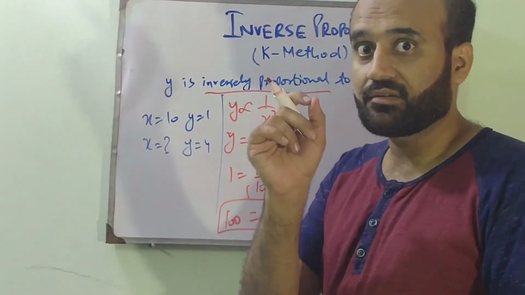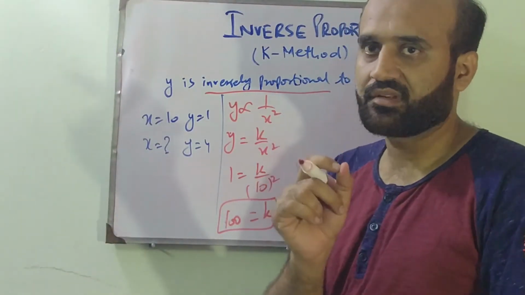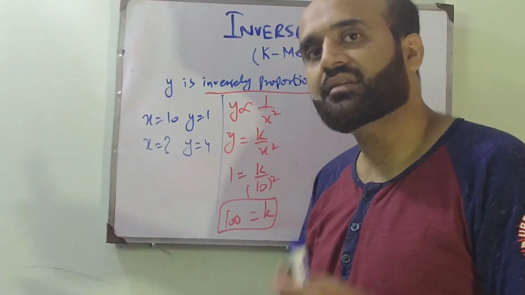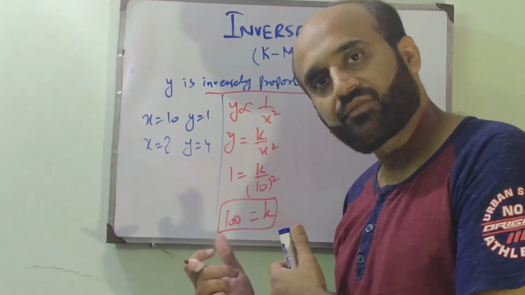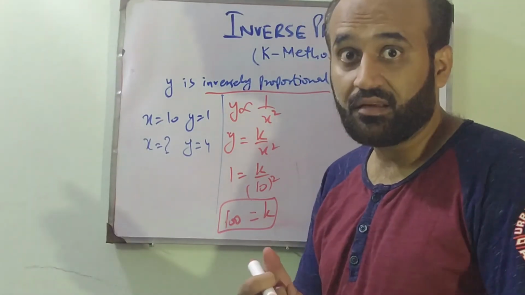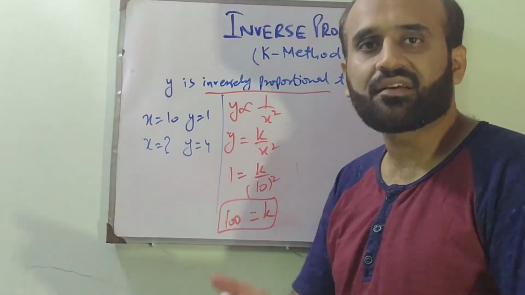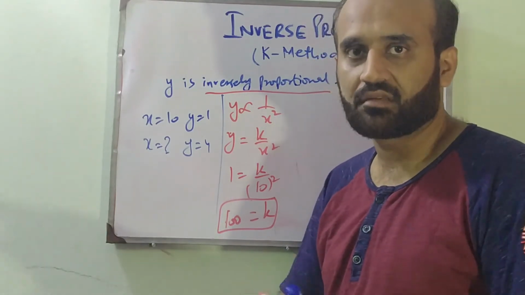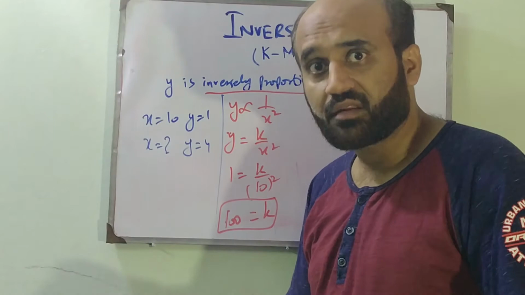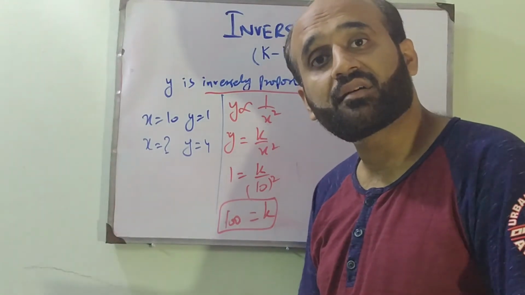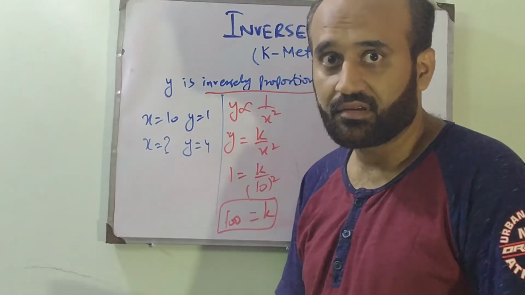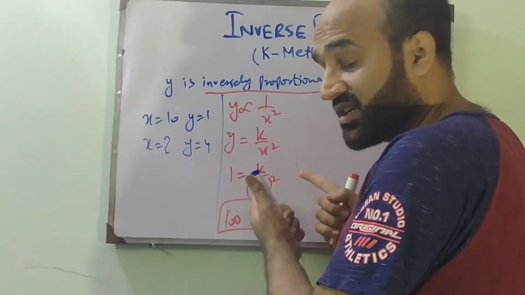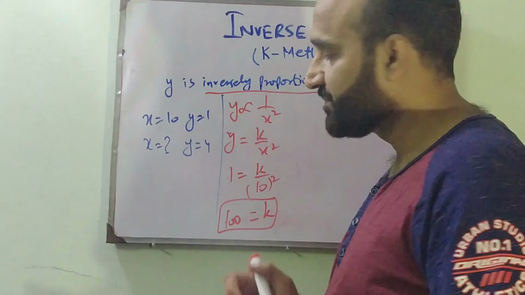And one thing you need to consider, this is a very important thing. If this value of k is wrong, all of your upcoming parts will have the same error in them. Fine. So if you are very lucky, then you might get an ECF mark or follow through mark in the upcoming parts. But there are a lot of examples in the marking schemes where you don't have it. So that basically is the gray area. You need to be very careful in finding out the value of k.